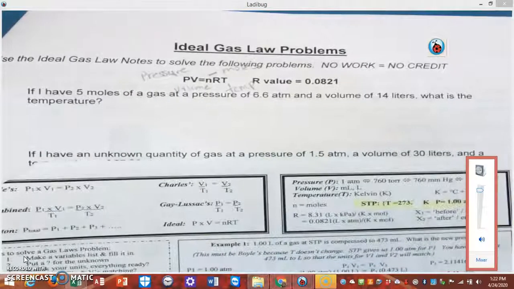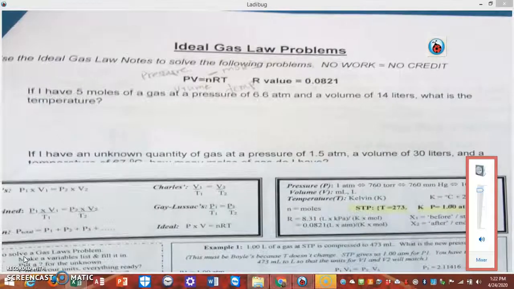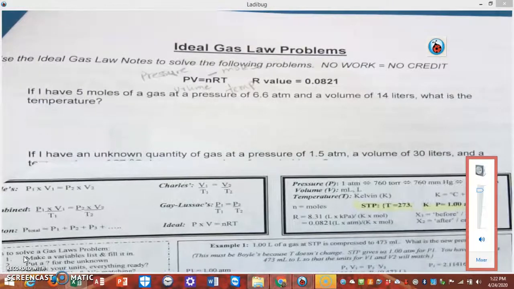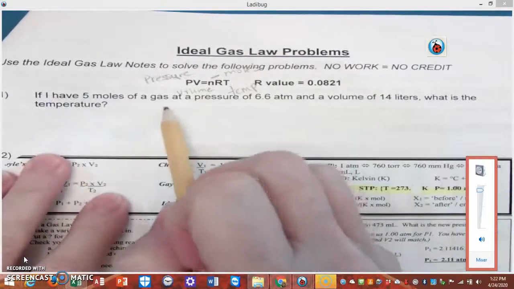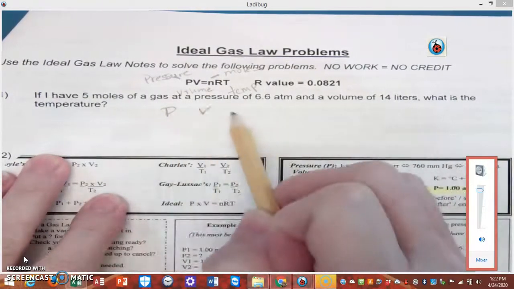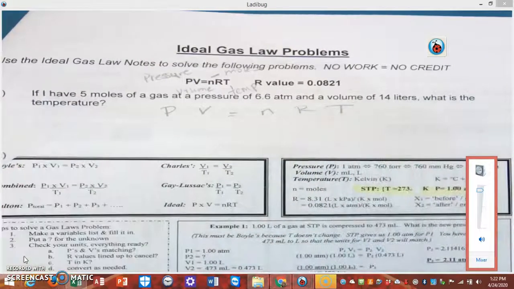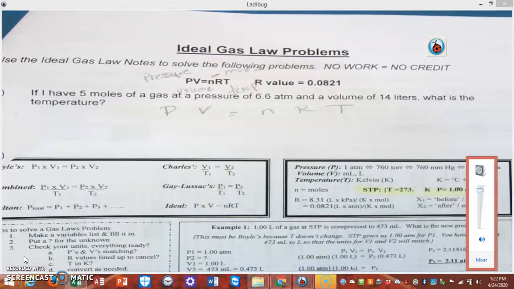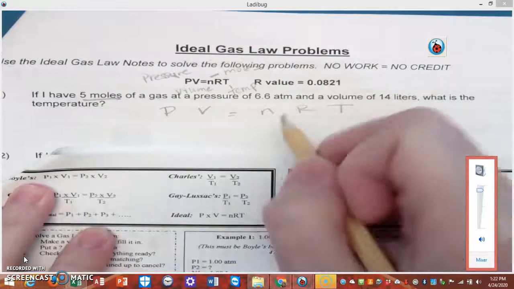Okay. So let's look at number 1. If I have 5 moles of a gas at a pressure of 6.6 atms and a volume of 14 liters, what is the temperature? Okay, so we're just going to plug our numbers in, and like I always tell you, put your formula up here. And then we're going to plug in the numbers for that formula, okay? So what do we have? If I have 5 moles,